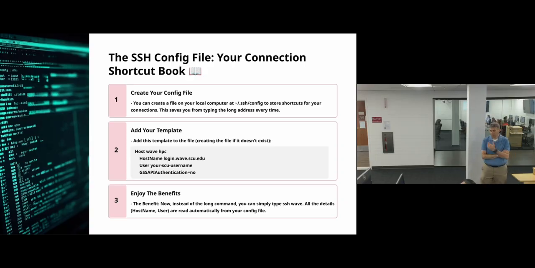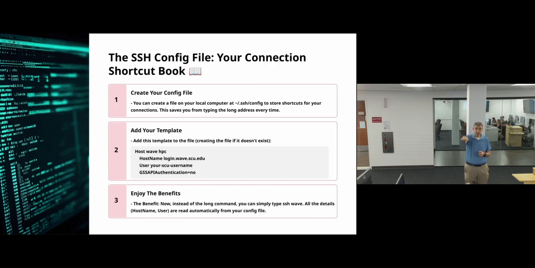So basically, if you're in a Windows, Linux, or Mac OS environment, in your home directory, that's what that tilde means, you need to create, if it doesn't already exist, a .ssh directory, and within that .ssh directory, you create a file that's just named config, no extension, nothing, just config, right? And then within that file, you can put in Host, and then after Host, give it whatever name you want. In this case, I gave it 2 names. I gave it Wave and HPC, right?